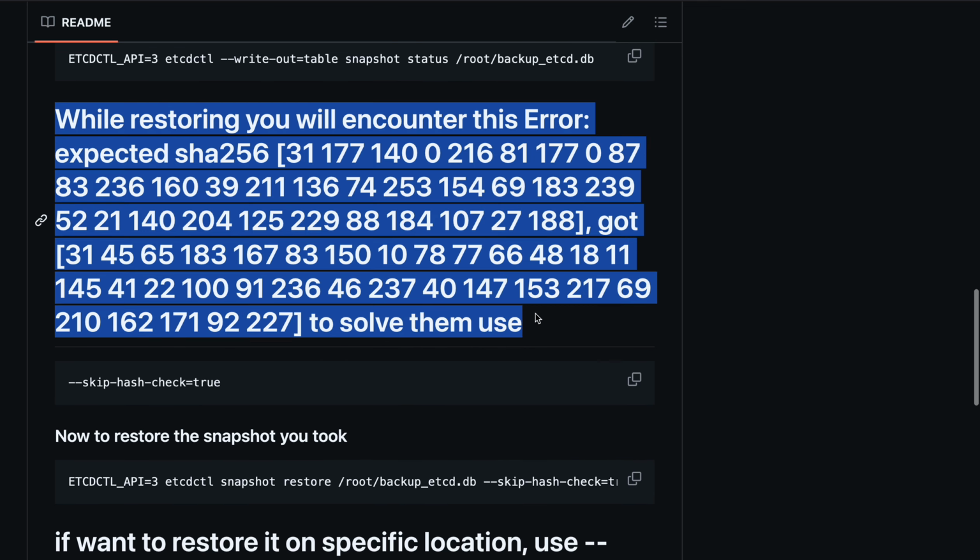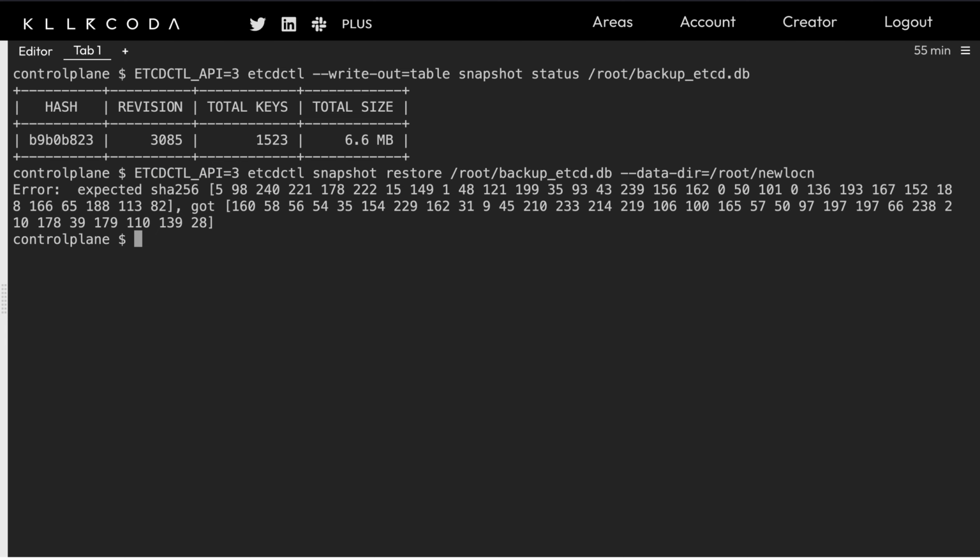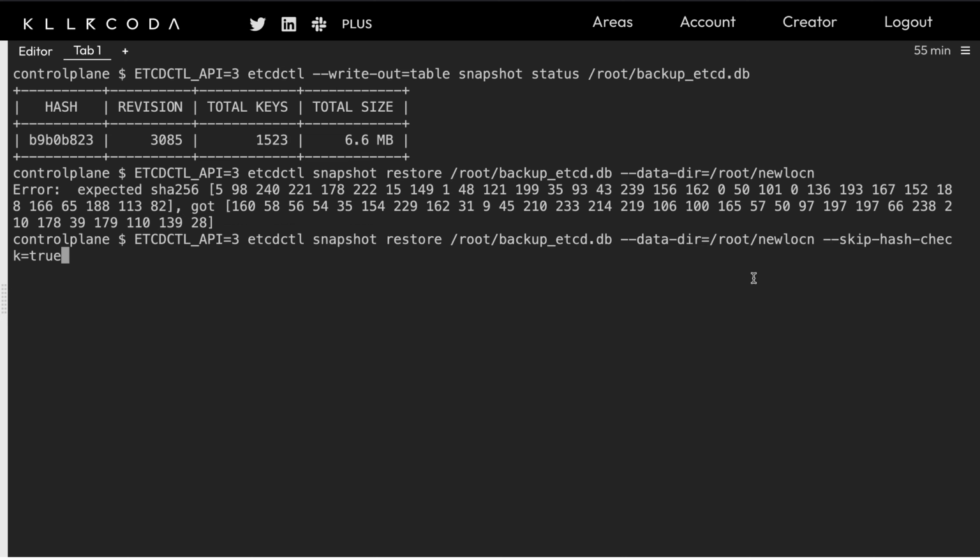This is the error I was speaking about when I was explaining the README file. This is why I skipped that section, and I am explaining it now, because you will definitely face this issue, and it is a very common error for restoring your snapshot. So now I have used this flag, and